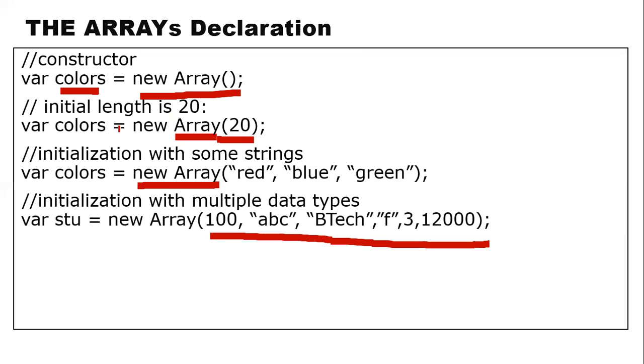It will allow you to have 20 values, but no values will be there yet. It creates memory locations for storing 20 values, and the value in each will be undefined. If you want to store an array with 3 values, you can say some variable is equal to new Array of 3 values. Or if you want multiple data types, here is one example which shows multiple data types you can assign.